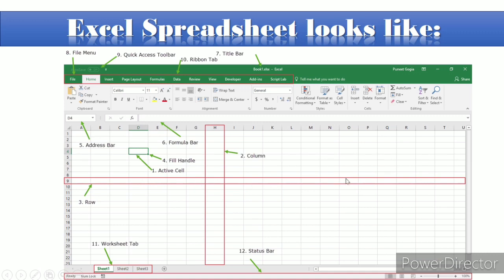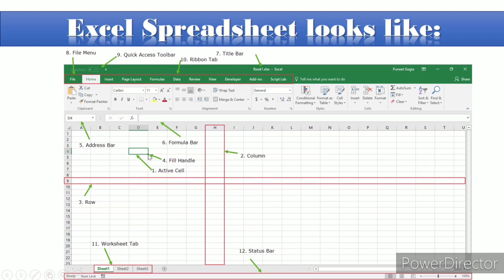or combination of line is known as row. So जैसे यहाँ पे आपको शो हो रहा है, this is the row, and the vertical part is known as column, and the intersection of row and column is known as cell. जो एक block बनेगा दोनों के intersection से, that is called the cell. And the active cell means the selected cell is called active cell, जो आपको highlighted होगी आपके spreadsheet के ऊपर.